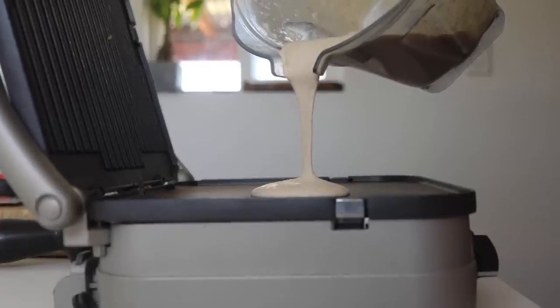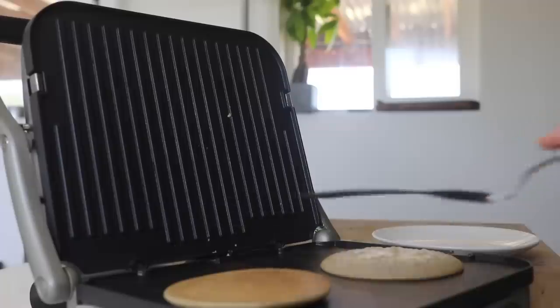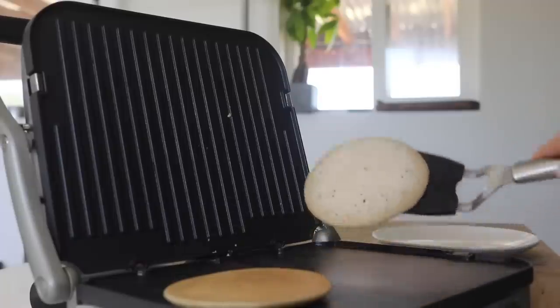So the next thing that I want to talk about is dry frying your food. Dry frying is what you would do with any type of food that's wet, like pancakes, hash browns, falafels, anything that you need to cook on one side until it's browned, and then flip it and cook it again. So for dry frying, you really need a good nonstick